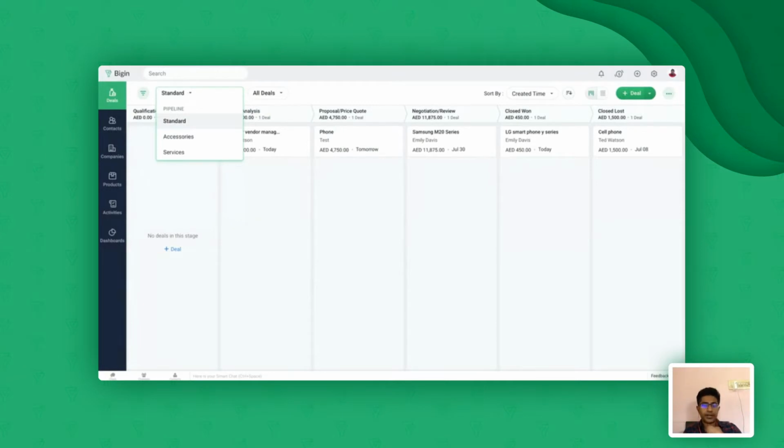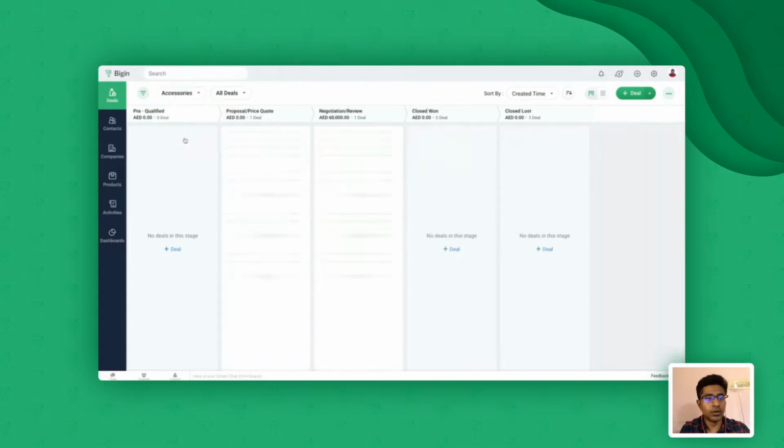Now, when it comes to multiple products, if you are into a business where you are selling and providing services as well, and if you need specific pipelines to manage those, you can actually create multiple pipelines from within Begin and switch from here.